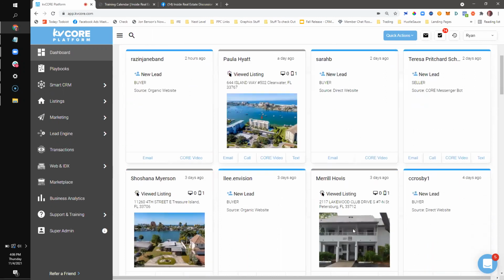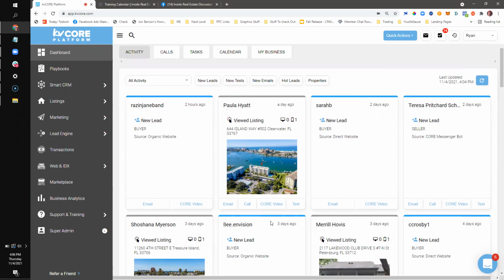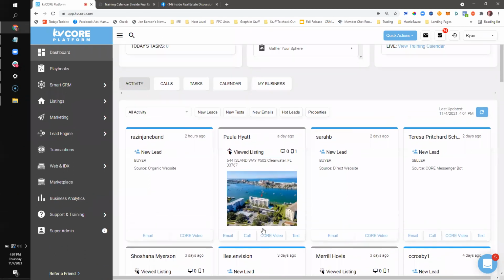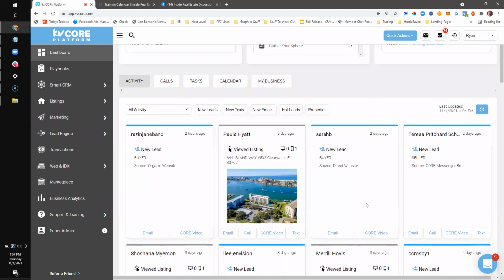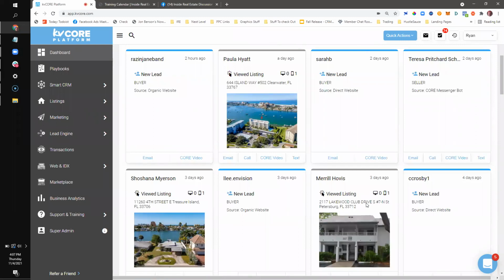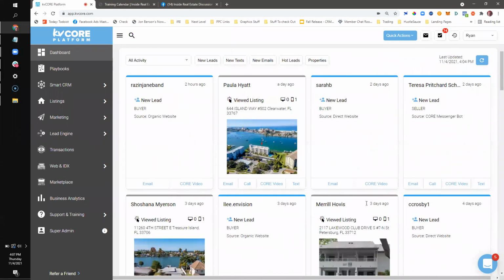And in fact, what I've seen as well is a lot of agents, what they'll do in the morning, Ryan, is they'll check the activity stream around 8 o'clock in the morning or so, send out a bunch of communication and try to engage with the leads, and then come back at about 5 o'clock in the afternoon to see if they've gotten any responses. That way they're at least touching the leads, but also allowing the system to keep them up to date. Really good point.